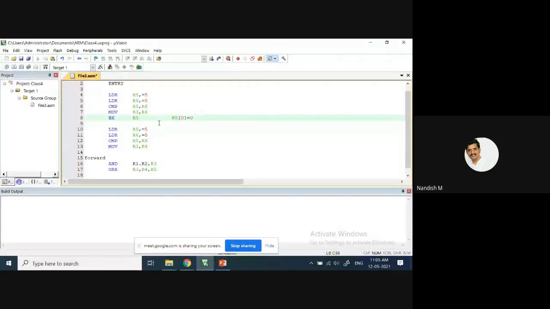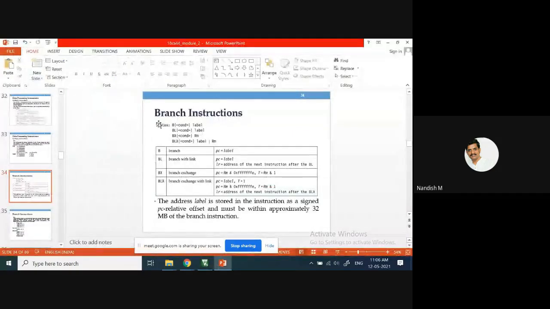If it is 0, it remains in the ARM state, that is the 32-bit instruction state. If the value is 1, and it is in the ARM 32-bit state, it is going to change to the thumb state. Or if it is already in the thumb state, it remains in the thumb state. Means the instruction set will be changed. That is the meaning of BX.